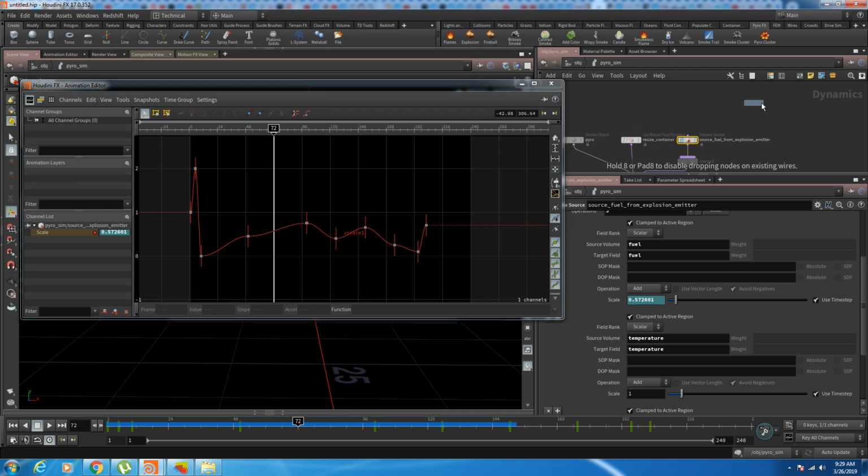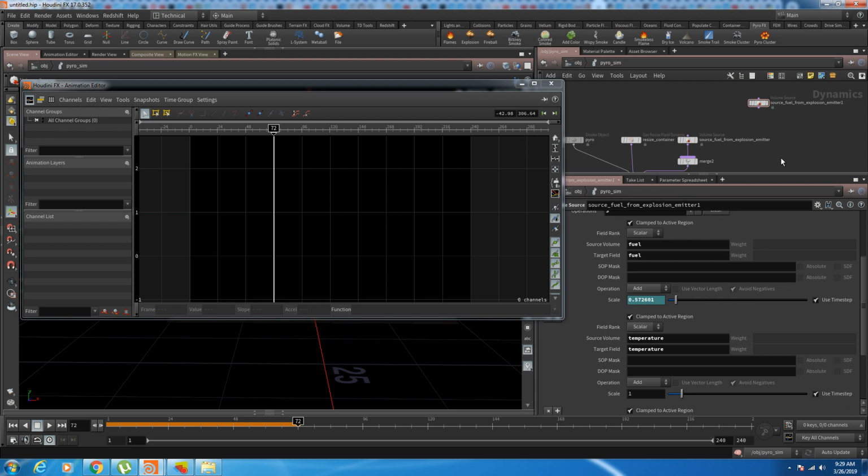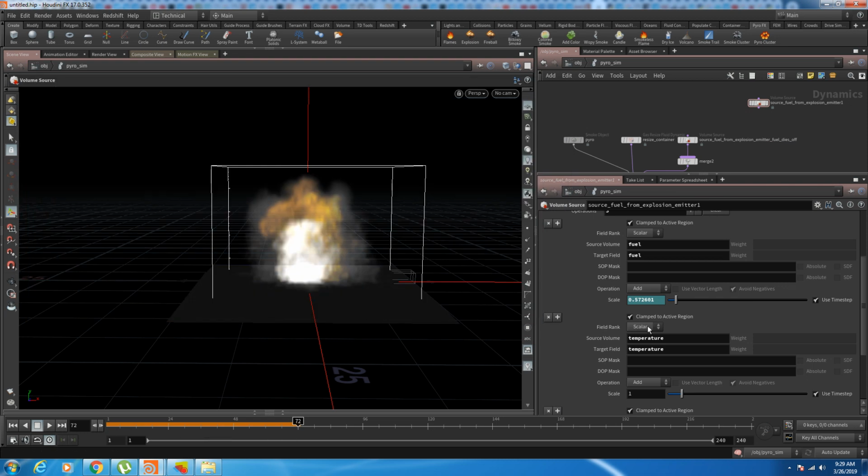I'm just going to copy this one in case we need it. But for this one, I'm just going to call it fuel dies off. I'm going to go to frame 72, and in here I'm going to put 0. And now if I go back,